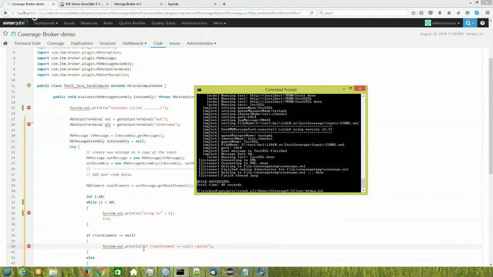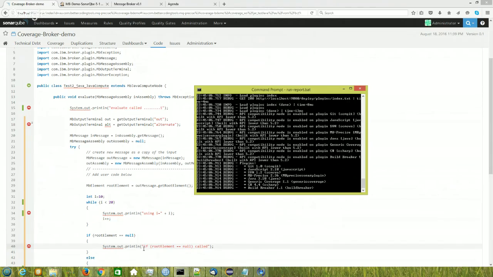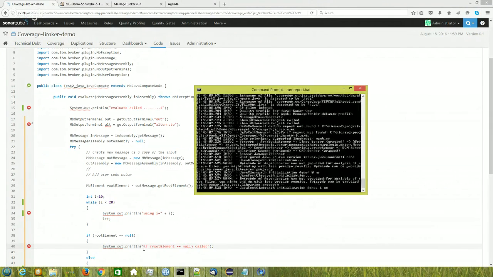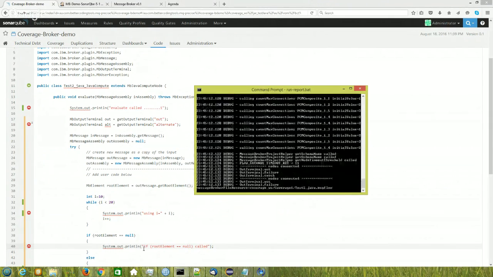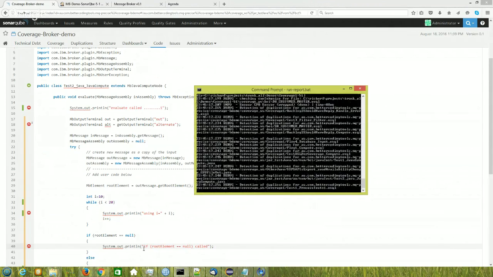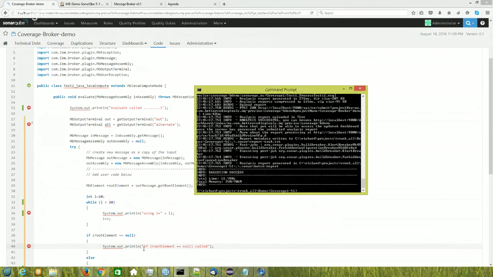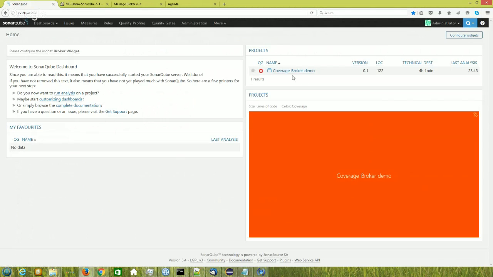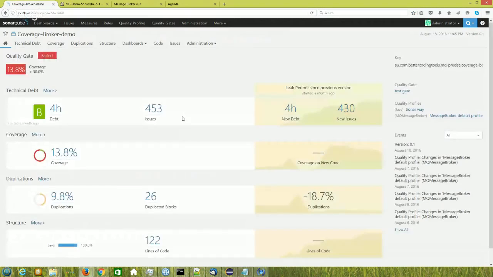We run our analysis again. Now remember, last time we had a test coverage of 17% and 80% for our Java code. We'll go back into our dashboard. We can now see that our coverage is sitting at 13.8%. So our coverage has dropped. We've disabled one of our test cases because we thought it might not have been needed, or we couldn't get it working, so we've disabled it. And now when we go into coverage,